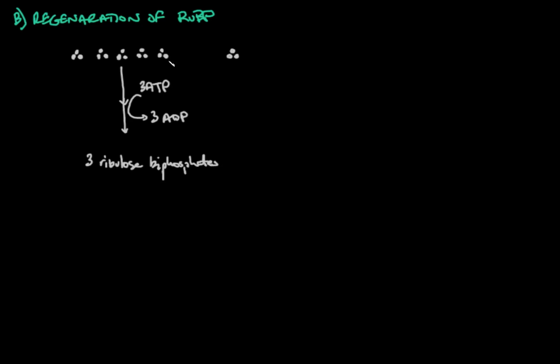So these 15 carbon atoms end up making 3 5-carbon RUBPs. But that only leaves these 3 carbons over here to contribute